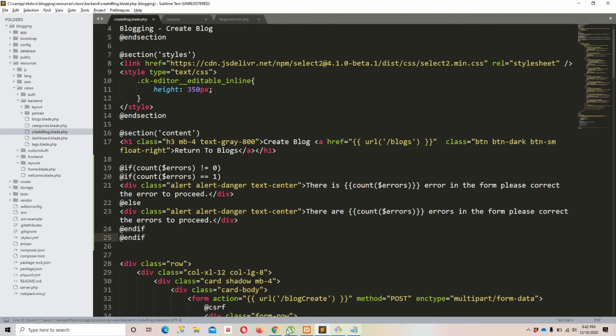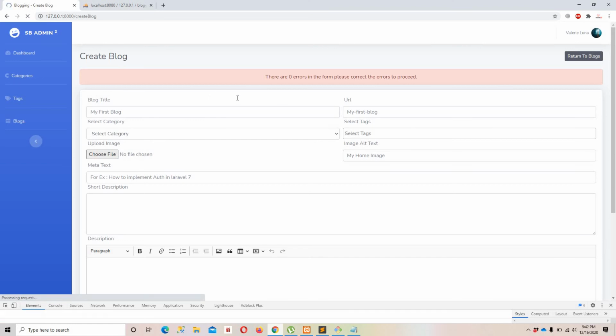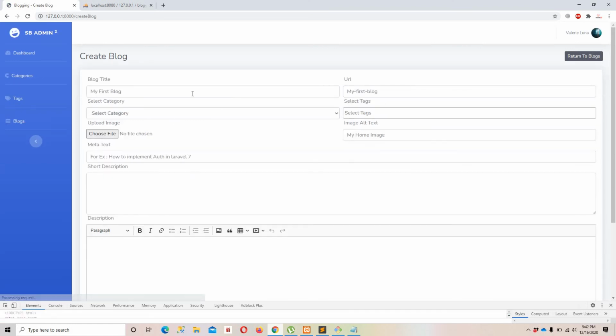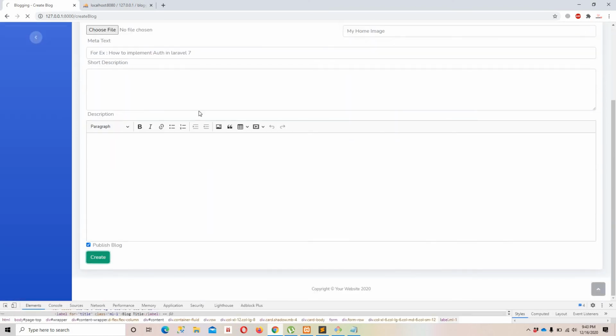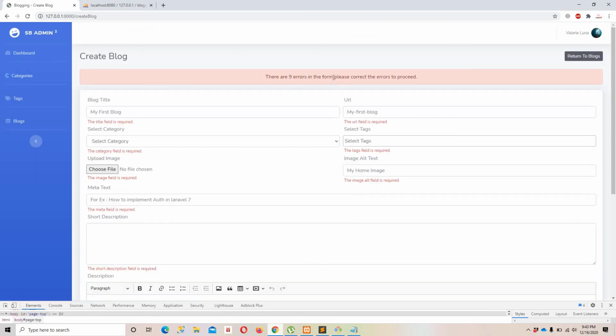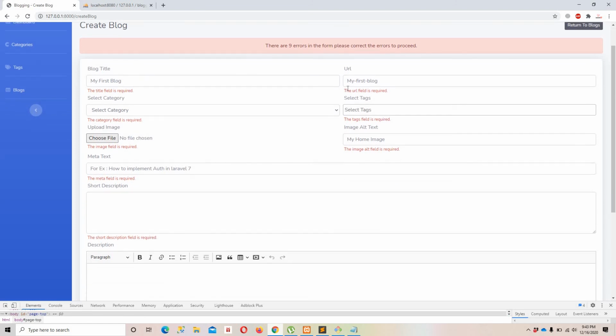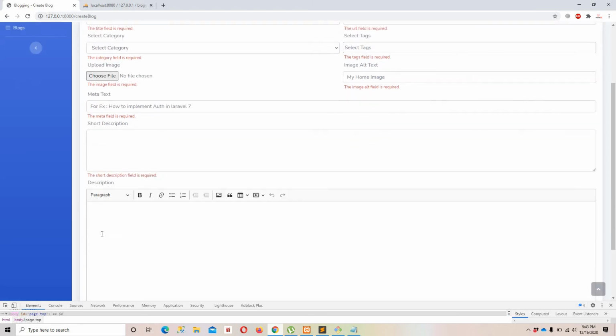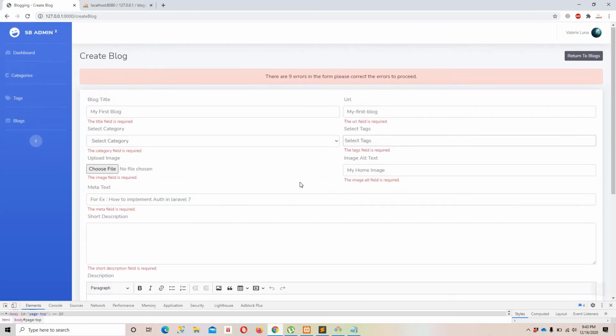Now let's say if we have many errors, submit, because we have many errors, it is going to count for us. There are 9 errors in the form. Please correct the errors to proceed. Now you can count the errors: 1, 2, 3, 4, 5, 6, 7, 8, 9. So this is how we can resolve or count errors, and we can print the errors just below